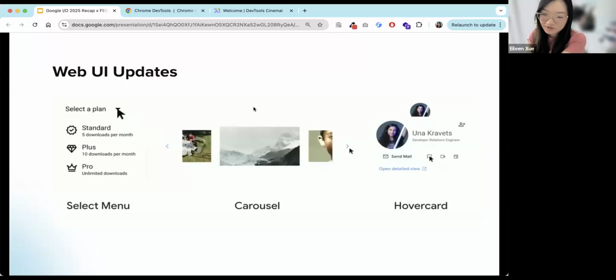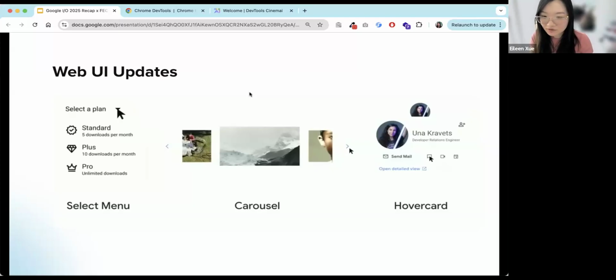And depending on what you're using, sometimes you have to use libraries, and that could be quite bloated in whatever project you're doing. Even if you're using a library and you want to customize it a certain way, it's hard because you have to work with the library, hack it a certain way, or override styles. With these new changes, you don't have to do that anymore. You don't have to rely on these JavaScript libraries. You don't have to write JavaScript at all. The performance is a lot better because it's just native HTML and CSS.